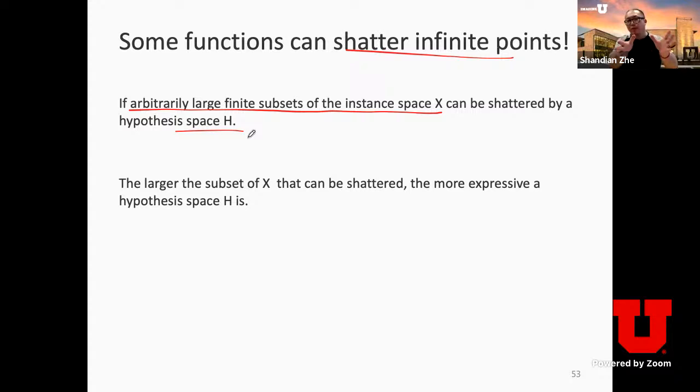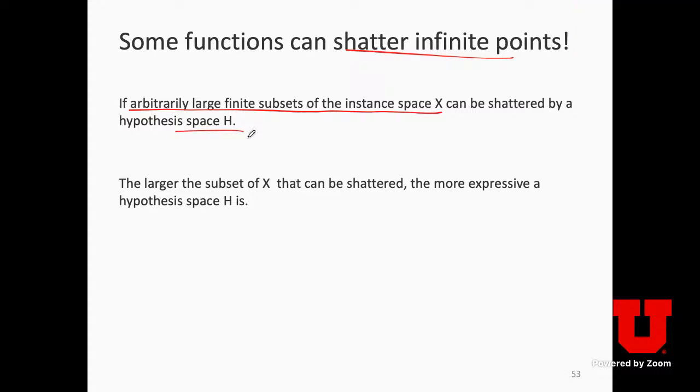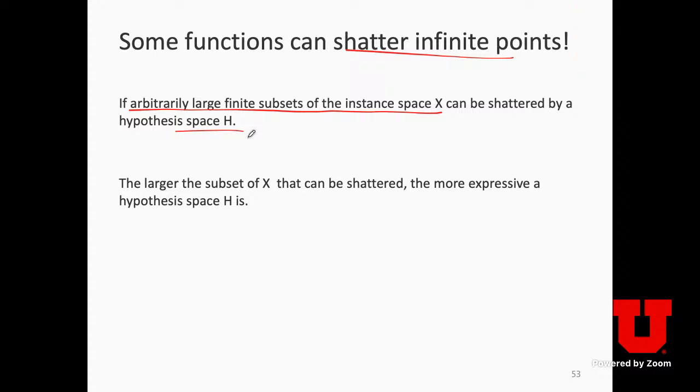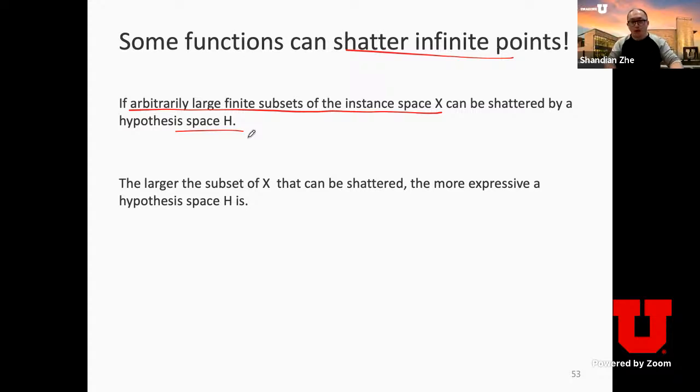But the problem is that, remember, this is about shattering. You need to be able to assign all possible labels to all the points. That's my disconnect. I see. So it actually cannot shatter an infinite number of points. We will give the VC dimension later, and you'll see that it's not. Okay, that's good to know. I had that wrong, so thank you. That's fine. That's a practice of understanding shattering. So it's very important.